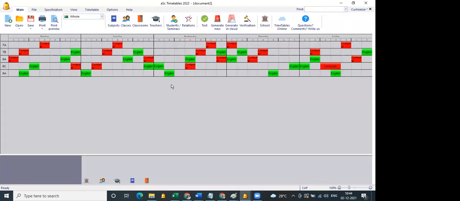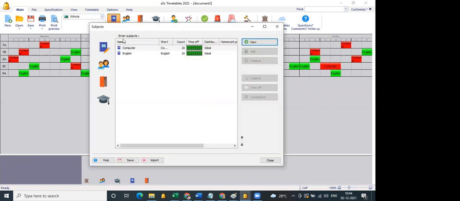So now to begin with the constraints, initially we'll move with time off. Time off can be done for subjects, classes, and teachers. So initially I'm keeping subject. What happens is, considering a subject called PT, or any subject for that matter, I'm taking PT as an example.